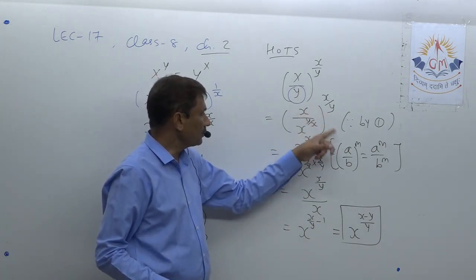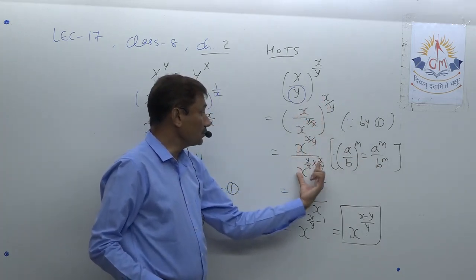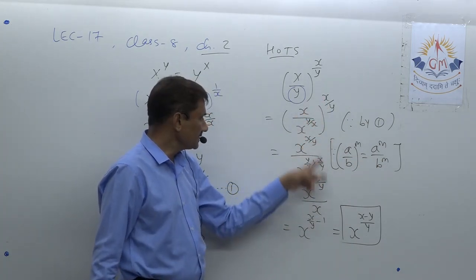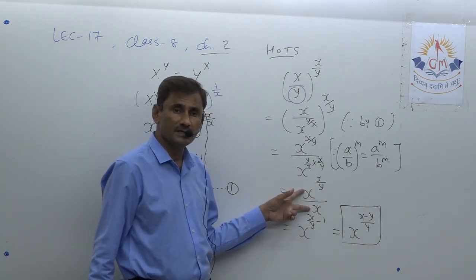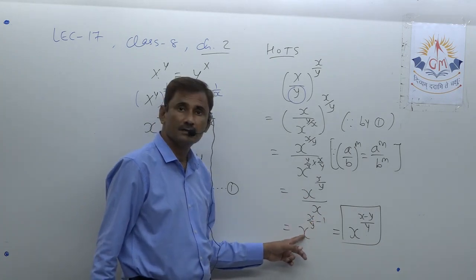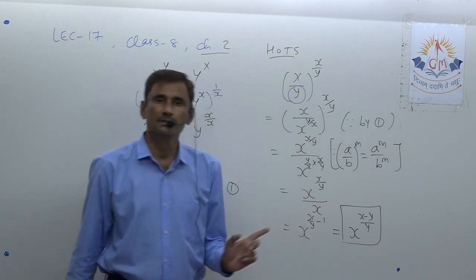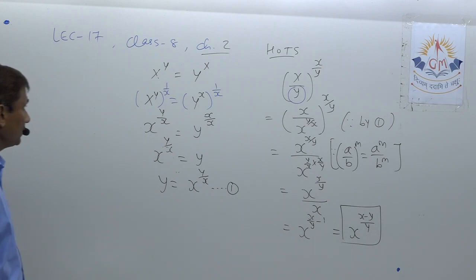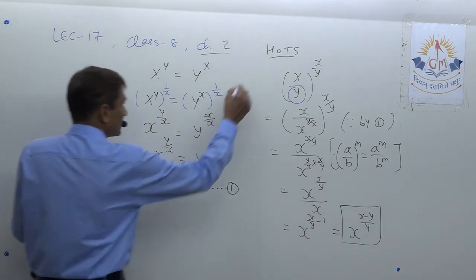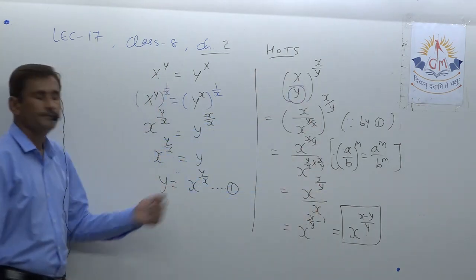Now just open the bracket, so according to that law, the degree is applied to both. And it is simplified again. Okay, so now the quotient law is applied, division is there, so the powers are subtracted. Means exponents are subtracted and LCM is taken at the exponent. So that is our final answer. So that you have to write systematically in your book. Two parts are here. Actually, this part is main.